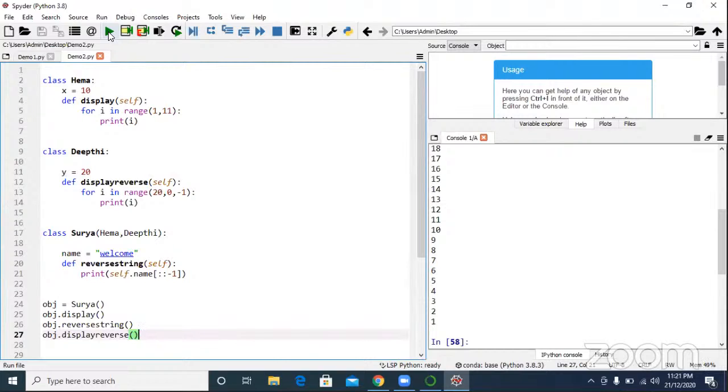Now, do you know why multiple inheritance is not there? Can you tell me the reason? Why is multiple inheritance not possible in Java?